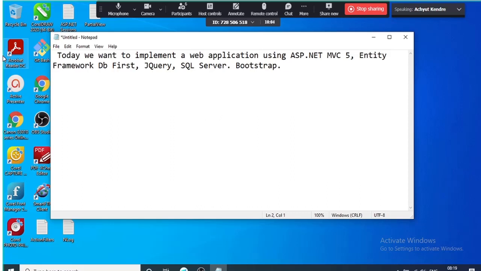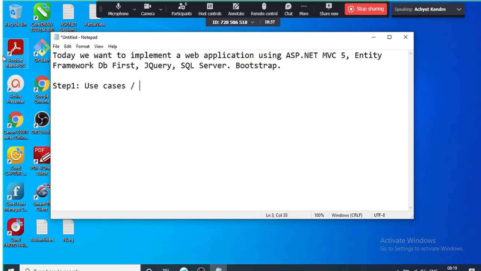So these are the technologies that we are going to use to implement a web application. We are going to use ASP.NET MVC5, Entity Framework DB first, jQuery, SQL Server, and Bootstrap for UI. Now, to implement this application, the first step is, step 1, we should have use cases,